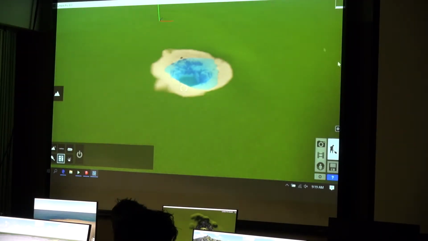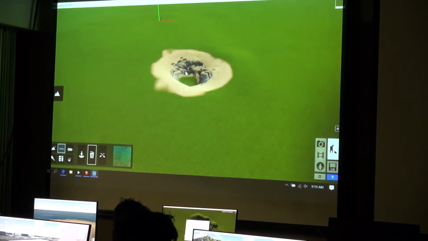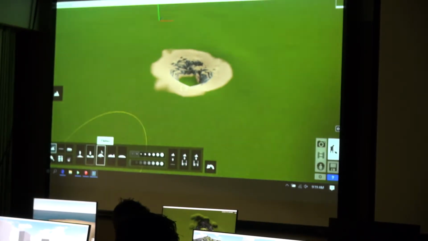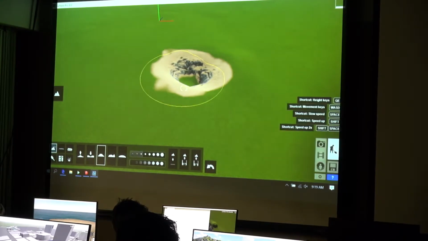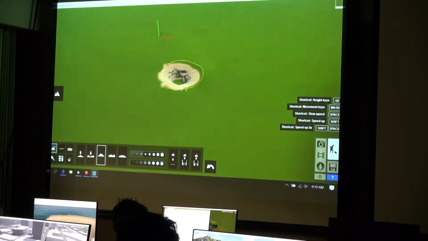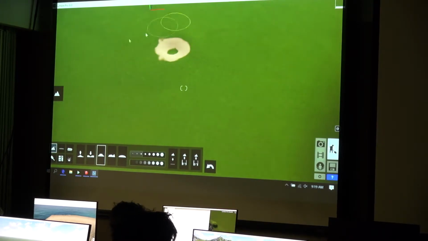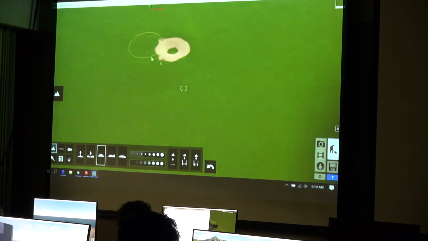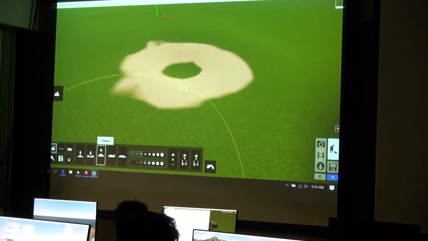So that's a real quick overview of some of the landscape tools. And I just go through this quickly just because we don't really use them a ton in our office, but it's a good option if you need to get something in there. So what I'm going to do in my case is, again, just go ahead and flatten this site because I don't necessarily want it. I should make a point though,